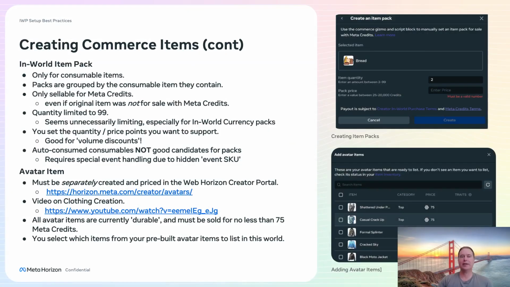All right, so now there are two other kinds of commerce items that I mentioned. There's the in-world item packs, and this is the example of creating one of them. You have to have already created a consumable item, back here, in order to create an item pack, and it only works for consumable items. They're grouped together in the UI by the consumable item. They can only be sold for meta credits. Even if the original item was not for sale with meta credits, the item packs can only be sold with meta credits. You can only put 99 items in a pack,